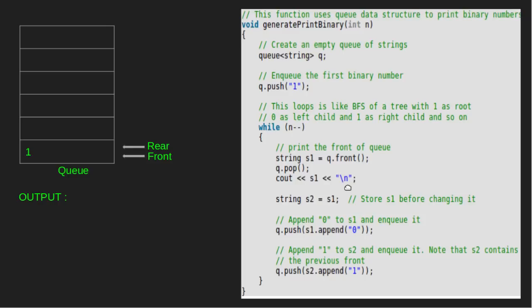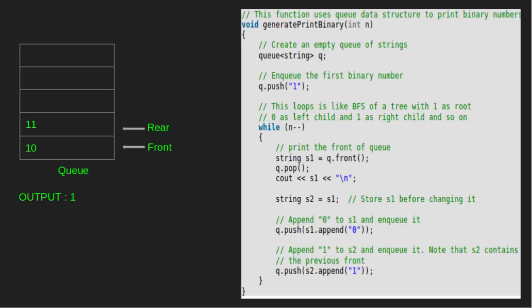First of all, we'll take the front string. After appending 0 to the string, we'll enqueue it back. And again we'll take the front string, but this time we'll append 1 instead of 0. We did this operation by storing the front element and then appending 0 and 1 respectively and pushing both strings back to the queue. Similarly, now in this iteration we'll print 10 and we'll append 0 and 1 respectively